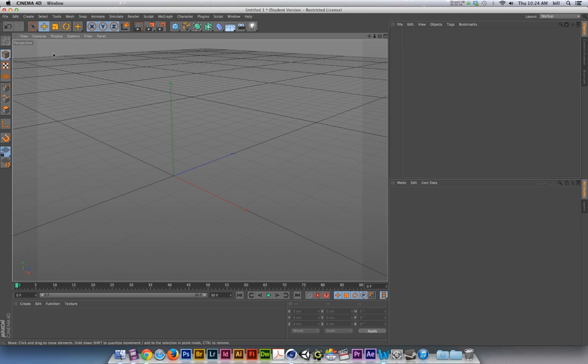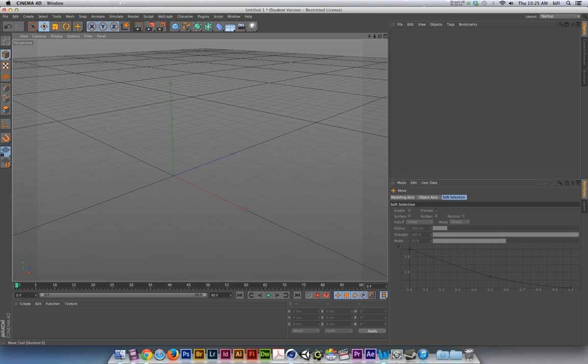Now, inside Cinema 4D, there are some default tools that we always want to use. If we don't have a compelling reason to change our tools, we always want to be using the Move tool. And you can find the Move tool just to the left of the Scale tool. So make sure that by default the Move tool is selected. On the left side of our component menu, we have our object or our model tool selected. Okay? And so in the event that you're clicking around and you inadvertently click on one of these tools, just make sure that you go back to the model tool. So this will be our default setup. We have the Move tool selected, we have our model tool selected, and now we can get to the task